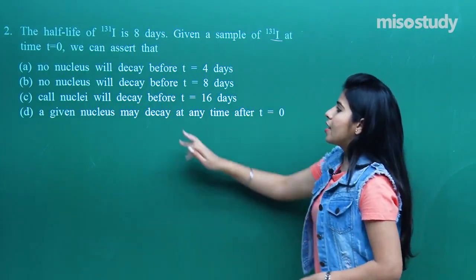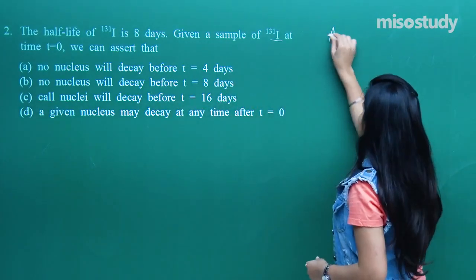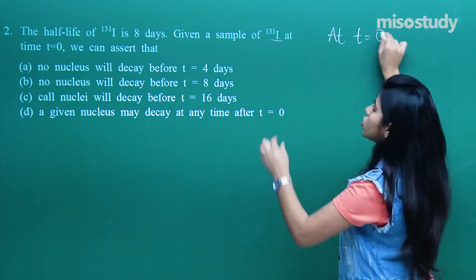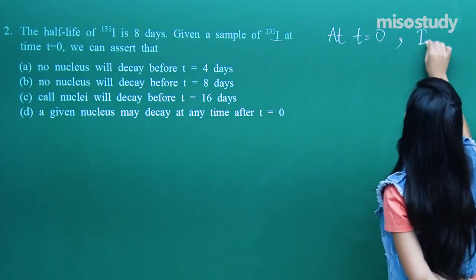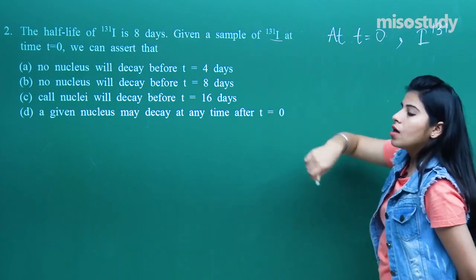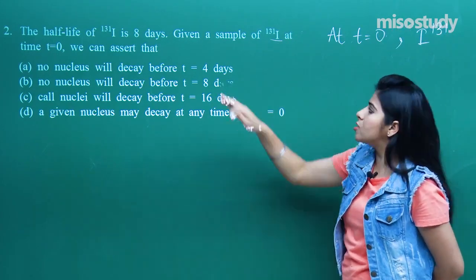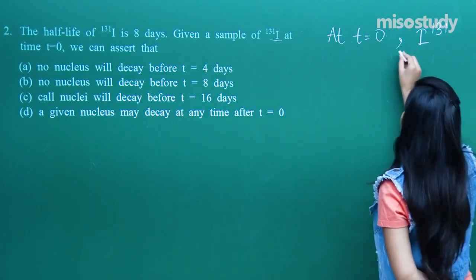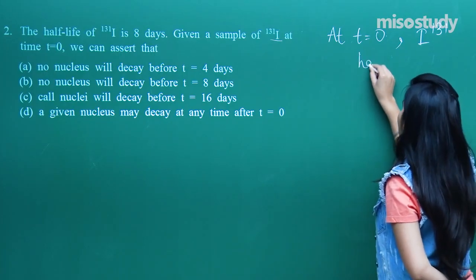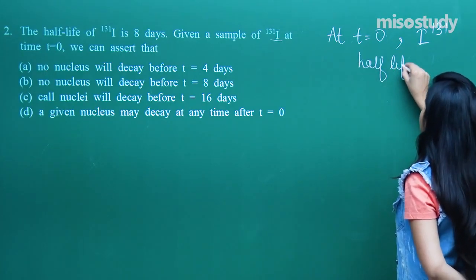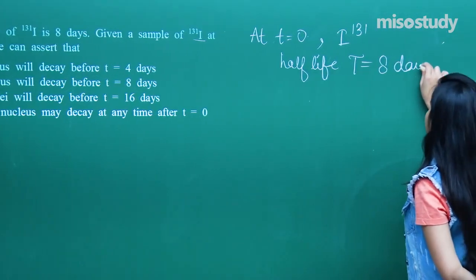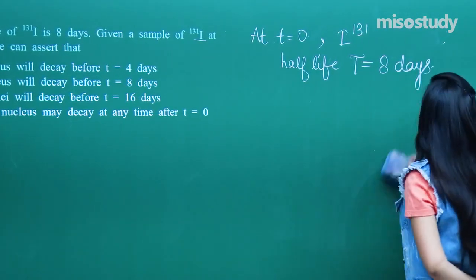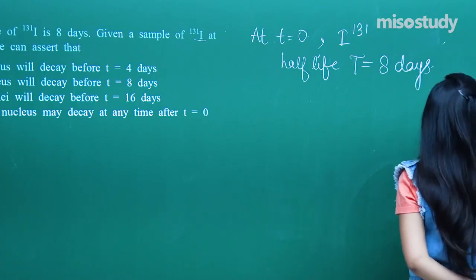So let us just say at t equals 0, we have been given this sample. The half-life has been given as 8 days. So let me write here half-life, that is capital T, is 8 days. Now what you have to observe over here,